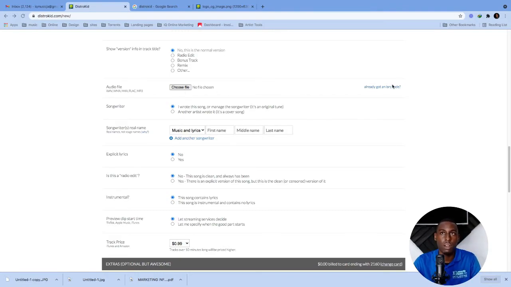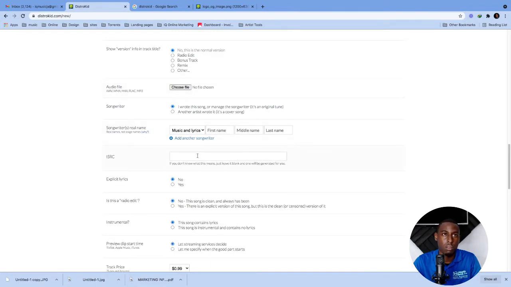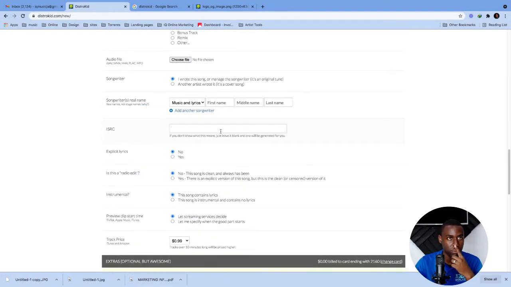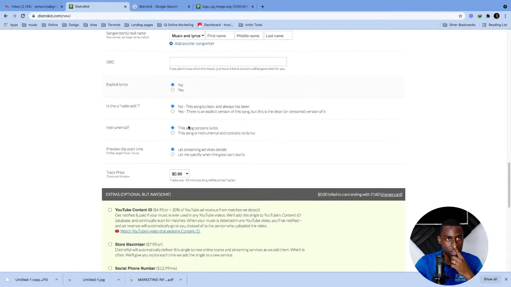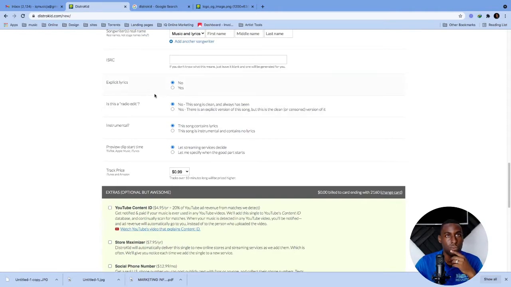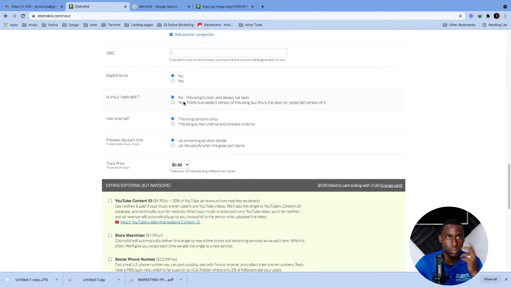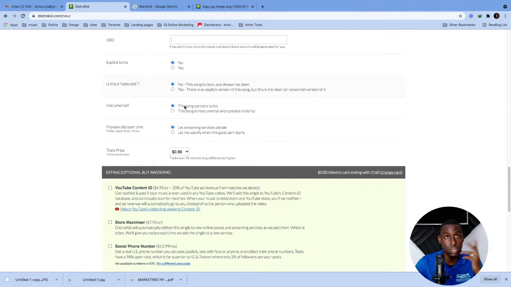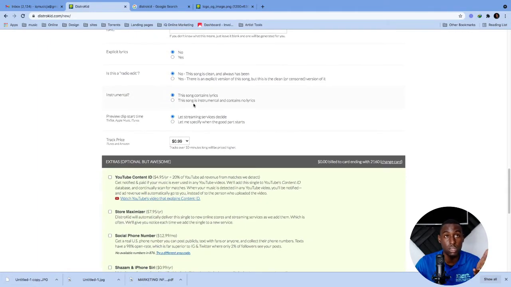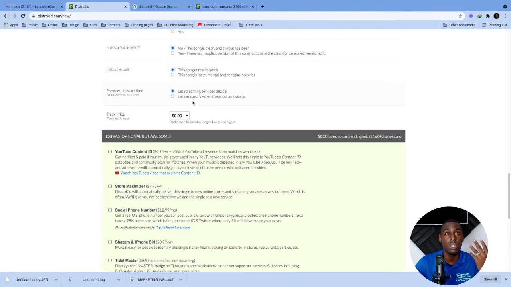Right? If you already got an ISRC code, you can click here and you can input it, right? If not, you don't have to click it. It will generate one for you. You will put your real name here, not your artist name. You will put your real name here. And then after that, down further now, you can put if the song is explicit and all of that. Well, yes, and if it's a radio edited version, if it's an instrumental alone,